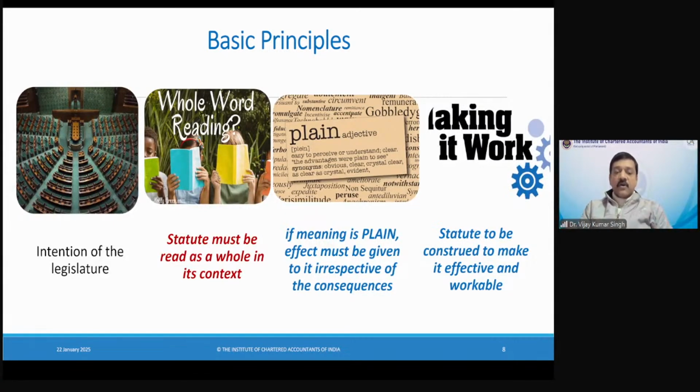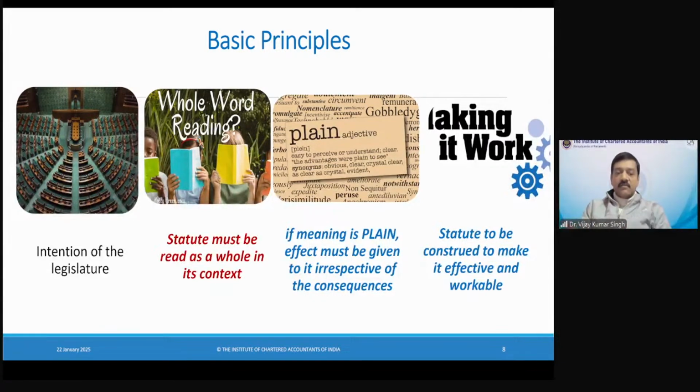For any court or any lawyer, and for that matter you as chartered accountants, you have to be mindful that you cannot go beyond the intention of the legislature in interpreting the provision. Similarly, when you are interpreting a deed or a document, you cannot go beyond the intention of the parties. You cannot insert something in the contract by your own will. It has to be clearly mentioned. Similarly, if you remember the memorandum of association and articles of association, your company's functions cannot go beyond the intention of the memorandum of association, right? That becomes ultra vires. These are the same principles which apply when we are talking about interpretation.